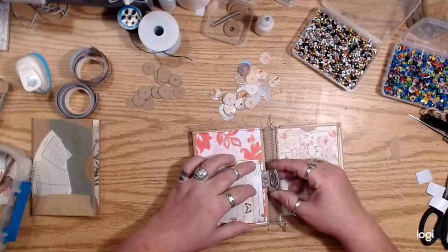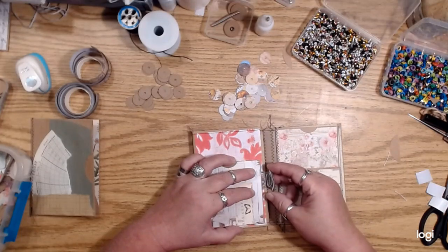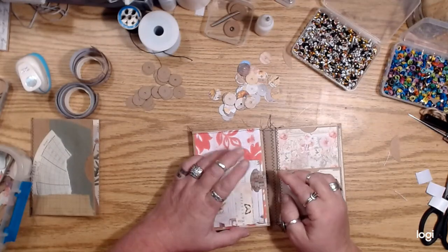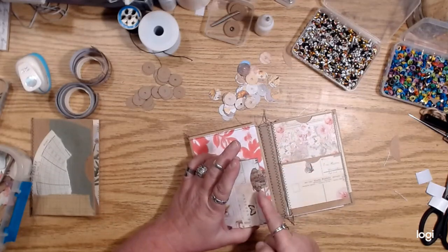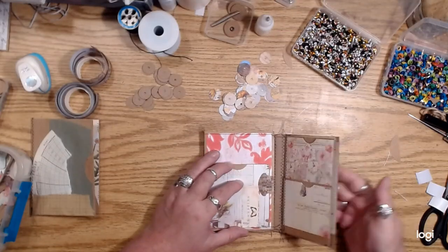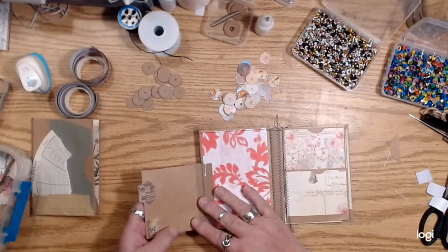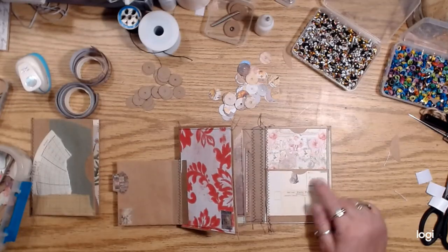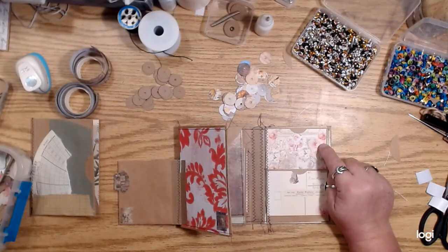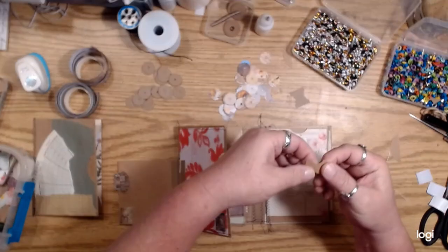So I have to make sure that this doesn't stick out any further than that spine right there. So normally these tabs I would set them right out to the edge, you know, but if I did that, then this wouldn't close. So anyway, so a little tab on there. Okay, and then I want to put one on this side too, but I'm just going to put it on this upper envelope, and I'm going to use a small, I have some of these little